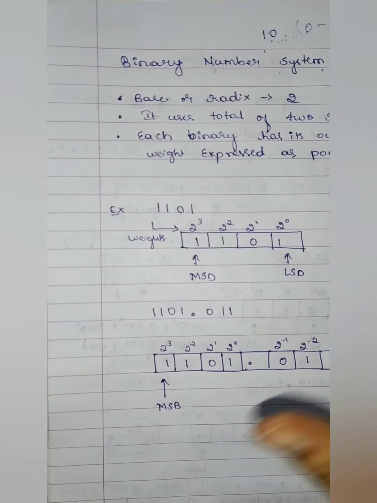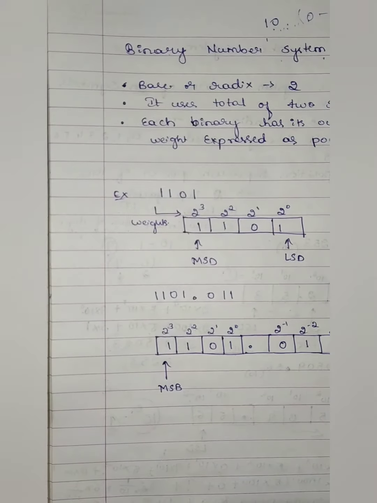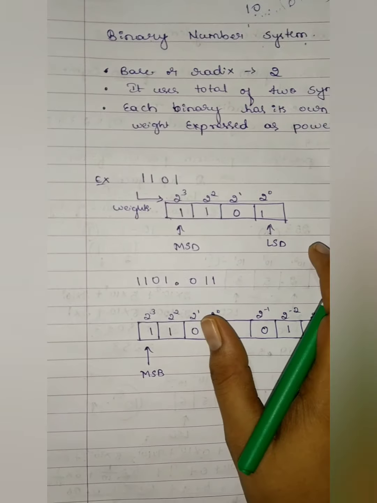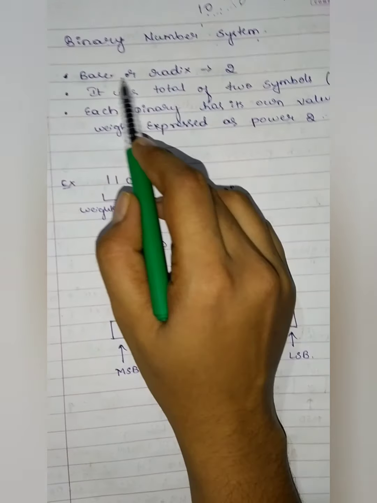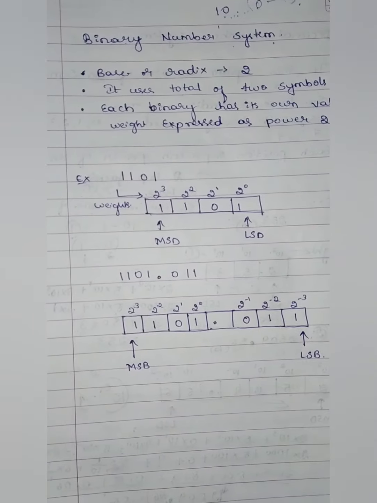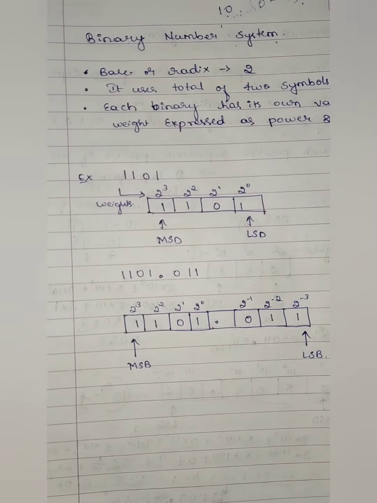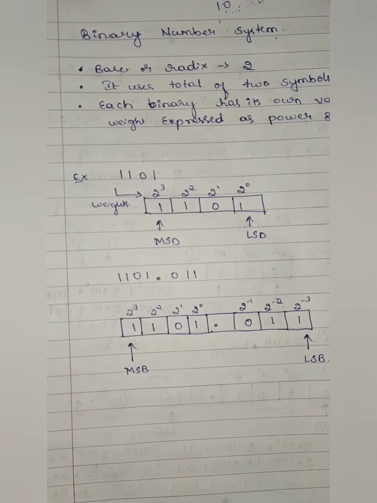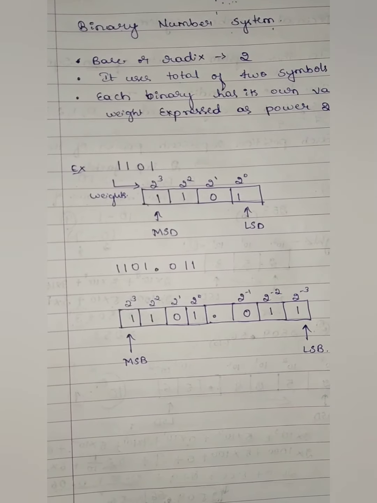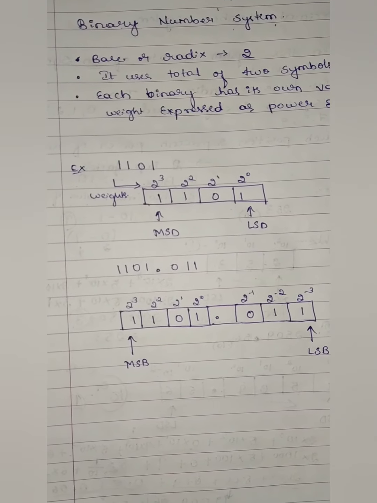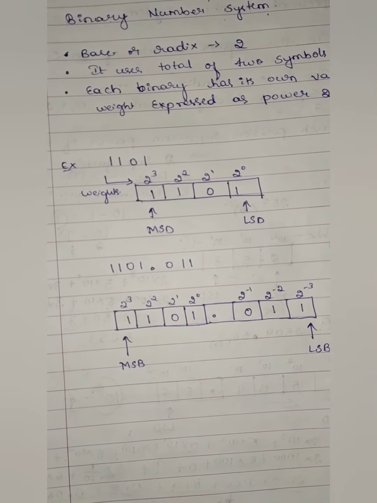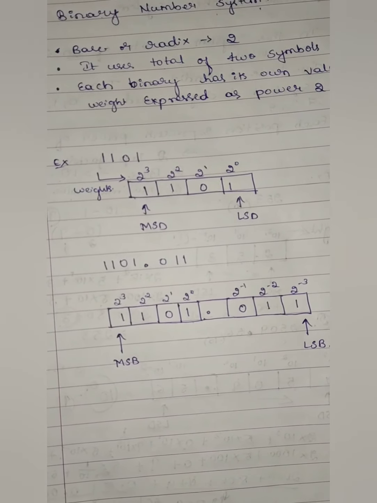On the other hand, it is sometimes very easy to design simple and accurate electronic circuits that work with only 2 voltage values. So the binary number system has two values, that is 0 and 1. The computer system can easily deal with 2 values, 0 and 1. If it is the decimal number system that has 10 values, from 0 to 9, then the computer system must deal with 10 voltage levels.